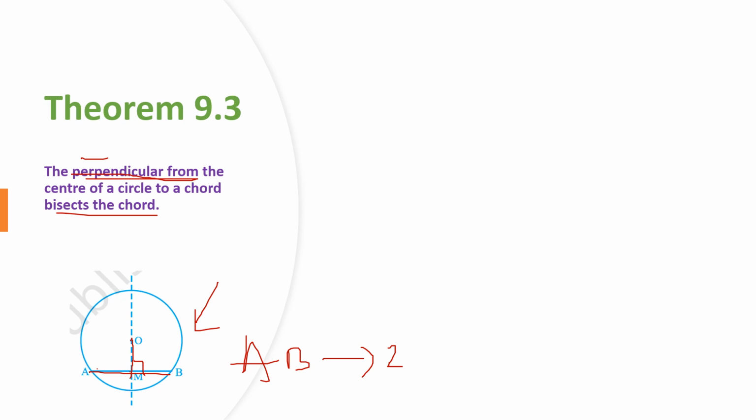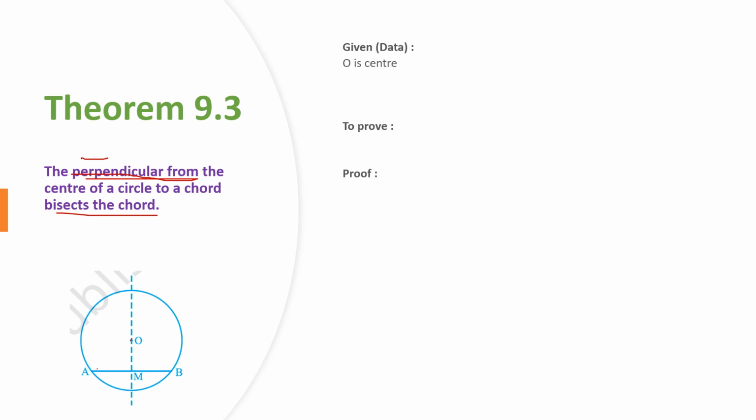We need to prove that AM is equal to MB. What is given is that OM is perpendicular to AB. Let's see that. As usual, we start with the data and the proof: what to prove, and the proof of it. From the diagram, we know O is the center of the circle, and AB